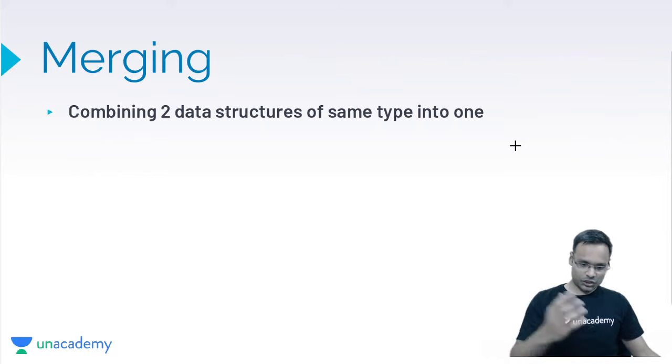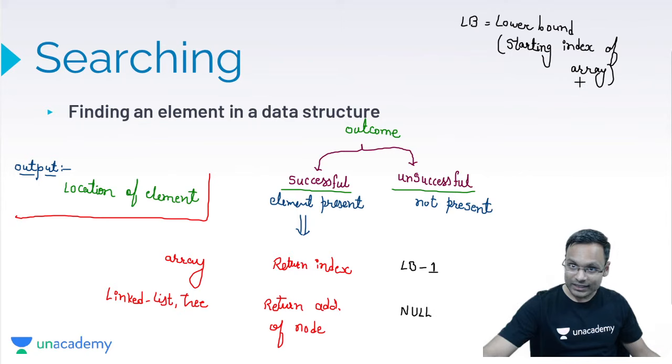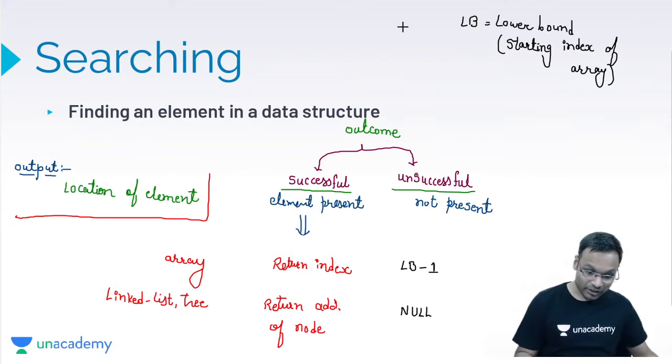That's great. चलिए ओके, next one, what is lower bound? लोअर बाउंड ये लिखा है ना, ये क्या है यहाँ पे? Starting index of array. Starting index of array can be 0, 1, 2, 3, whatever.